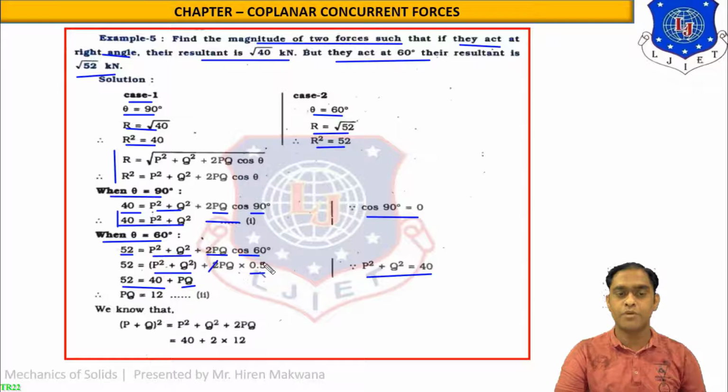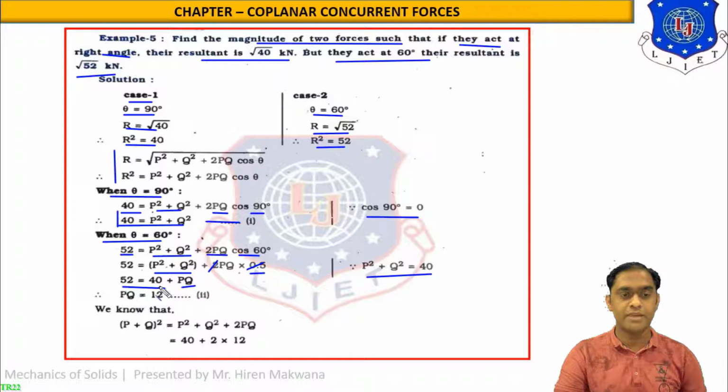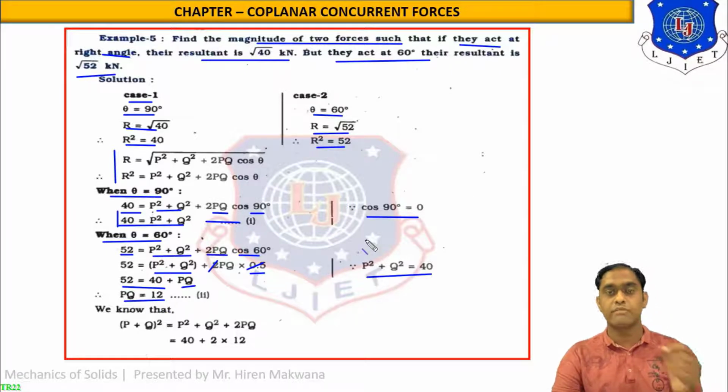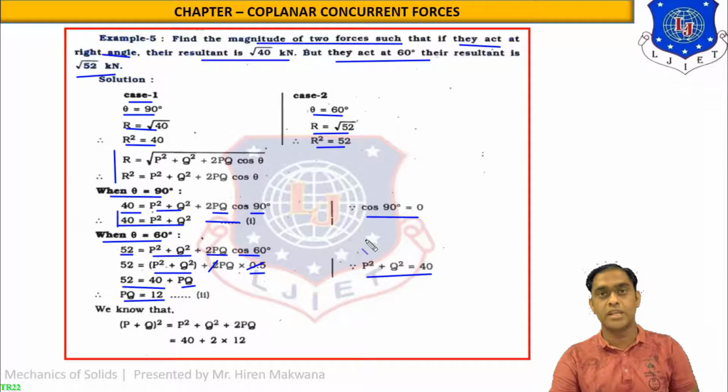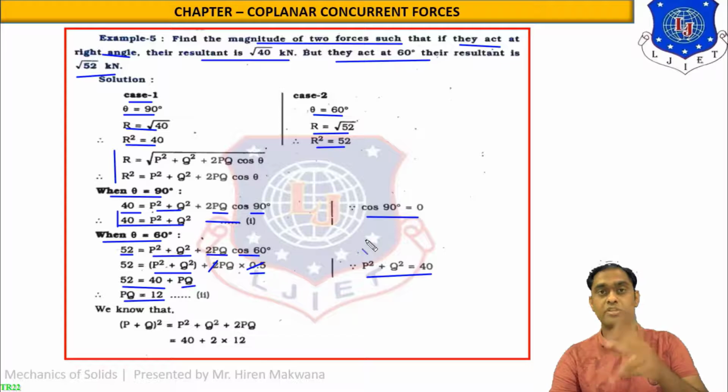This 2 and this 0.5 will be cancelled out because of multiplication. So the final answer, by subtracting 40, will be PQ equal to 12, equation number 2. Equation number 1 is P square plus Q square equal to 40. Equation number 2 is PQ equal to 12. Now from these two equations, by the elimination method, by the replacement method or by any method, we have to calculate P